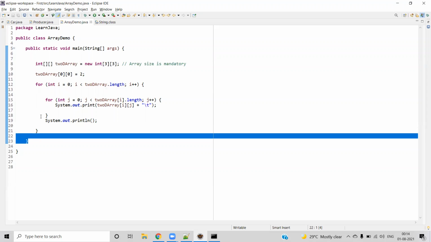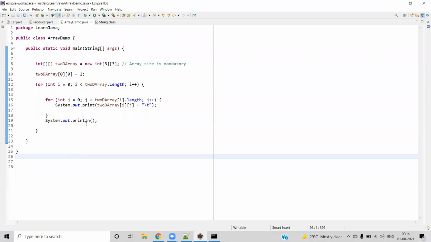So once you get into the next line, now the outer loop will increase the outer layer, which will go to the next row, or the second row. In the second row, you will get into the inner loop again. You will go through each column of the second row. Once you complete all the columns of the second row, you will come out of the inner loop, and you will increment one more time, which will go to the last row. Once you complete the last row, you will come out of the total loop.